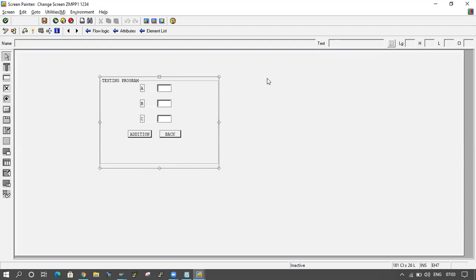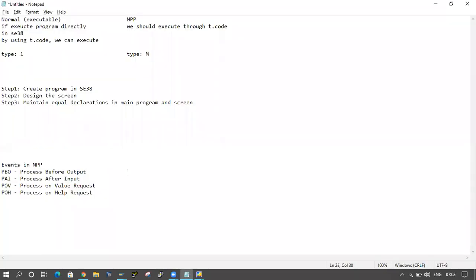In this case we have to go for PBO. If you want to give any default values to the screen, then PBO will trigger here.